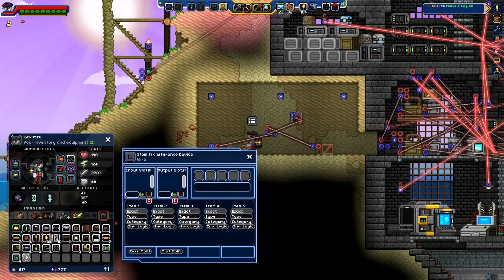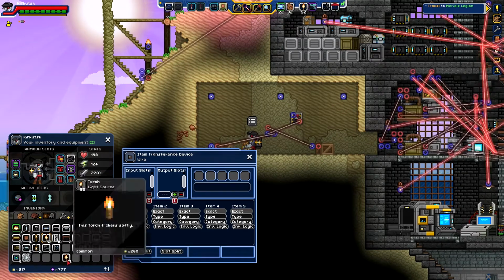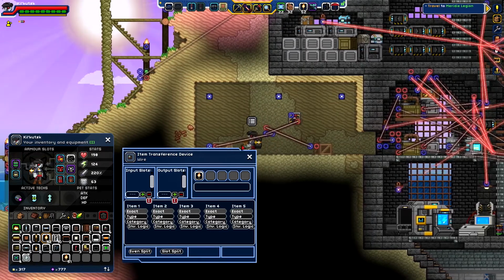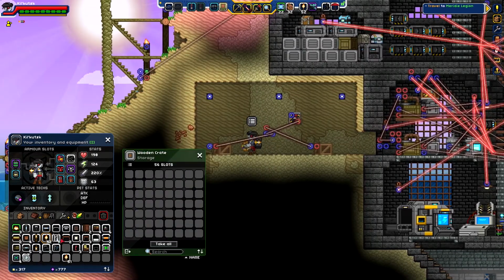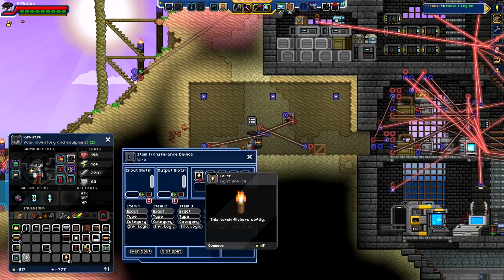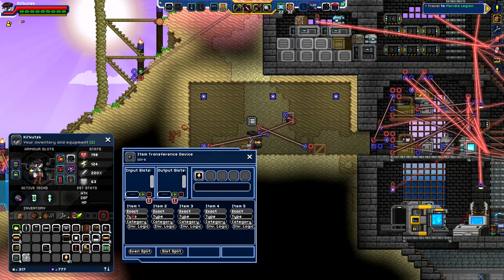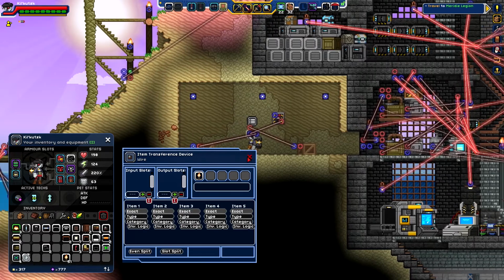Now, what we'll do is, let's see, what do I have a few of? We'll do torches. Half torches, we'll do 1 torch, we'll say exact type. Okay? And we're leaving it off for now, just so we can fill up the box and demonstrate properly how this works. So we've got all these things in here. This is set to only transfer a torch. The exact type is 1, so item slot here is exact type, or exact right there. So when we turn this on,